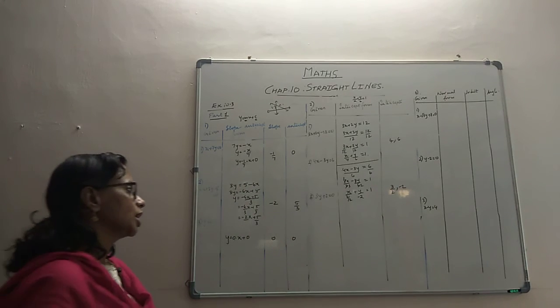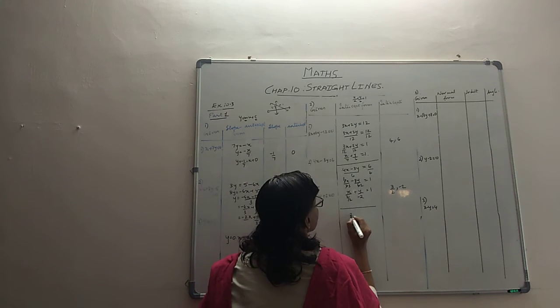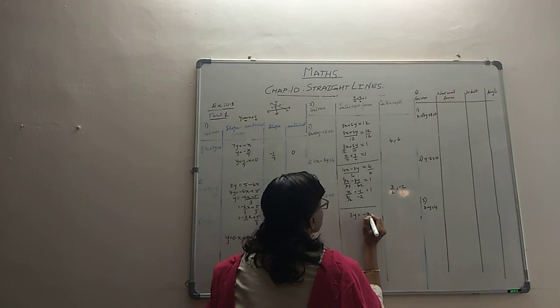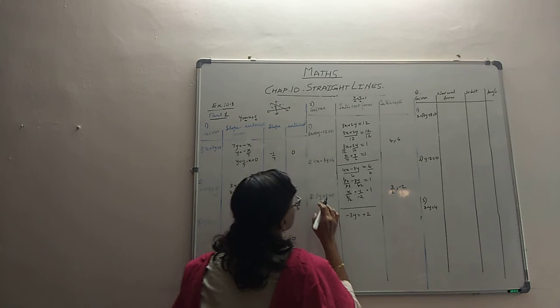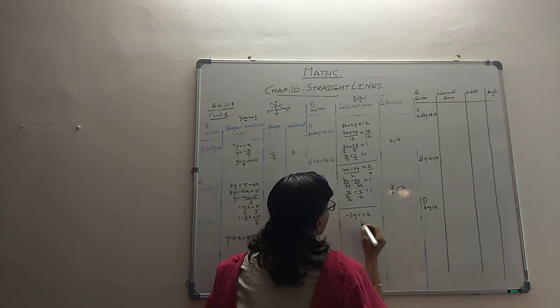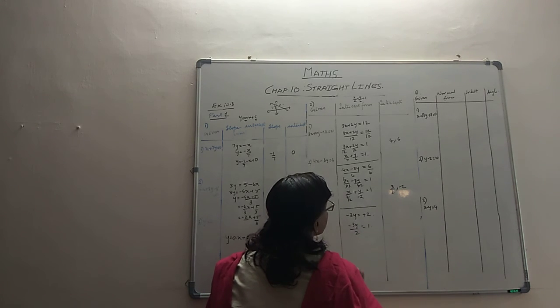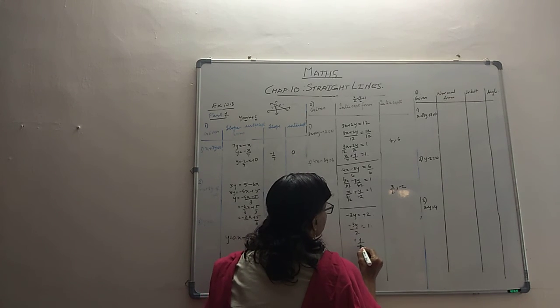That's about this. Then we have this next question, 3y plus 2 equal to 0. To start with, 3y equal to minus 2, or rather minus 3y plus 2. That's better because you could have this shifted. Then in that case, because you want 1 over here, we're dividing by 2. So you have 1 here. Then writing this is as good as writing y by minus 2 by 3.